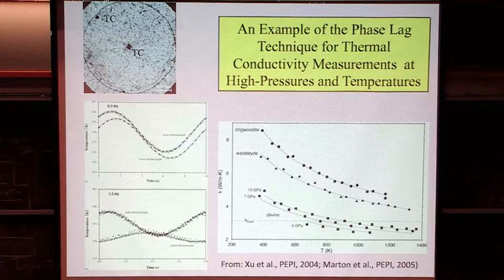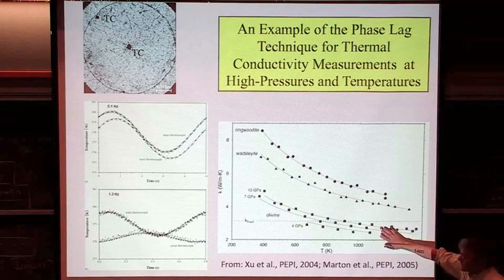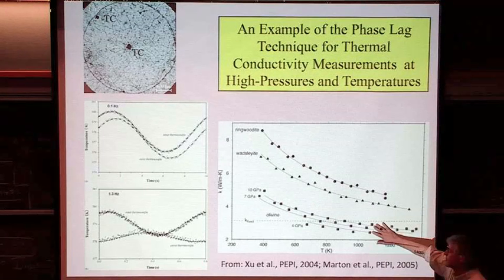It's actually a very robust technique. And so the net results from this are summarized here in terms of the thermal conductivity of, in this instance, olivine at high pressures and at both high pressures and high temperatures. What you can see is that there's a loose pressure dependence that is fairly small, actually. Turns out, and I'll mention this in a couple slides, that it scales loosely as 1 over volume to the one-third power. So as you increase the density, the thermal conductivity goes up by a little bit.